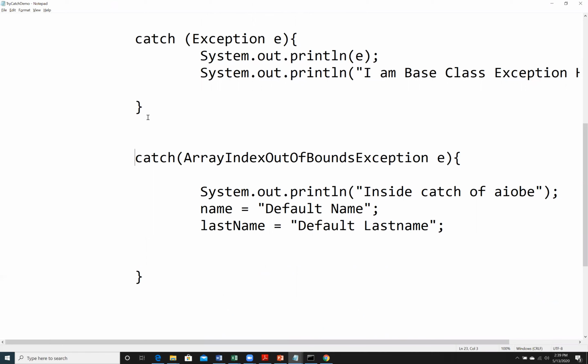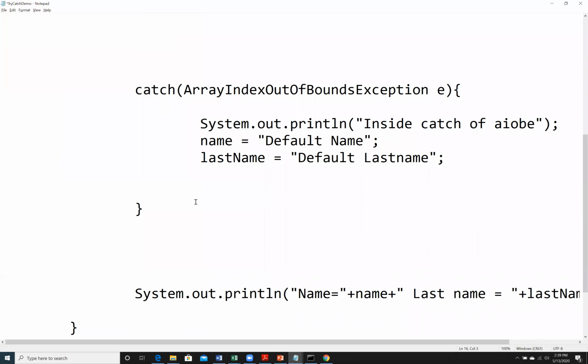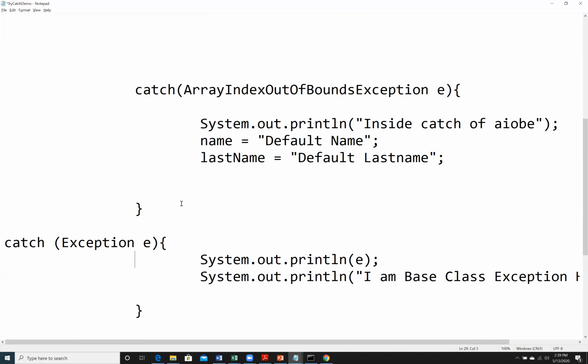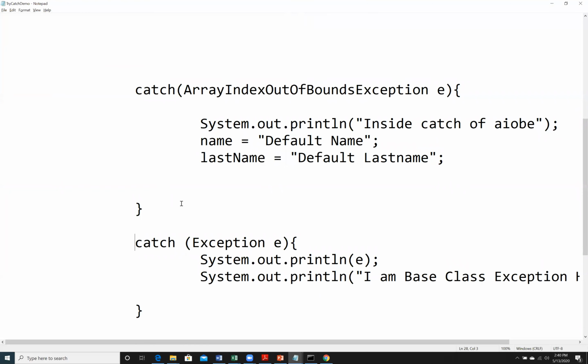But if you say, no, I want to take a different action when this type of exception is thrown, then you need to provide this generic catch as the last catch block. Otherwise, it will be an error. Right. So you can see here, now it is compilable. You can see it has been compiled. So to summarize, handling exceptions by using this Exception class is actually kind of providing a jack of all.